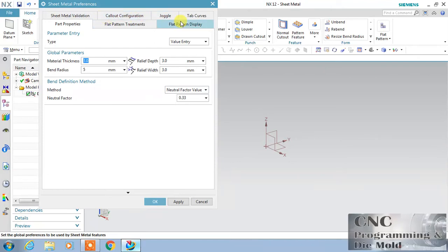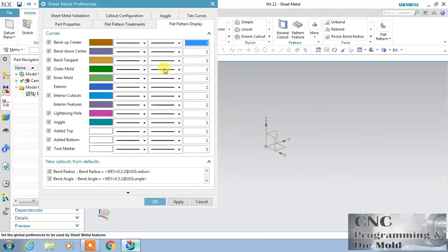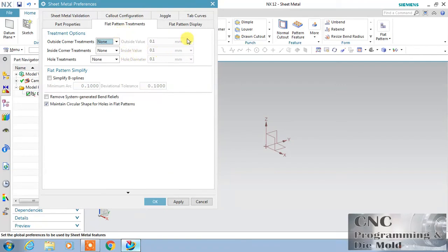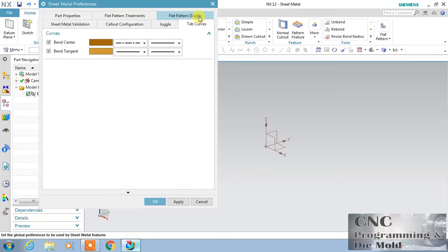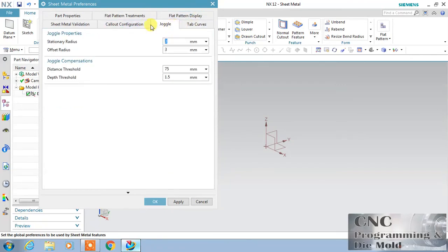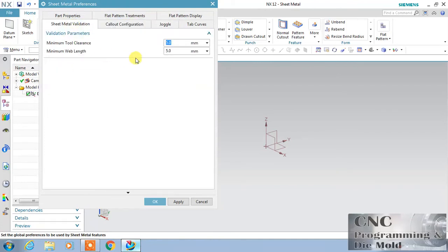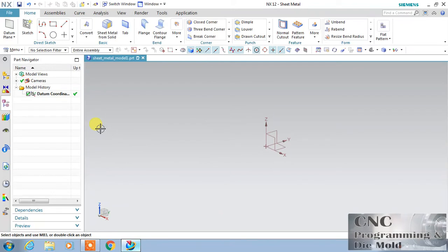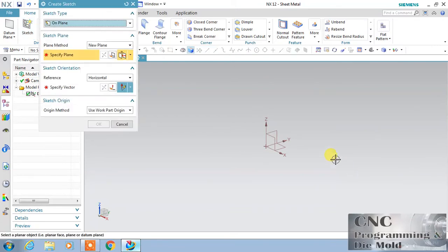Some more options are there, like color, treatment, curve option, and joggle. Later on we will discuss all of them. Just click OK.